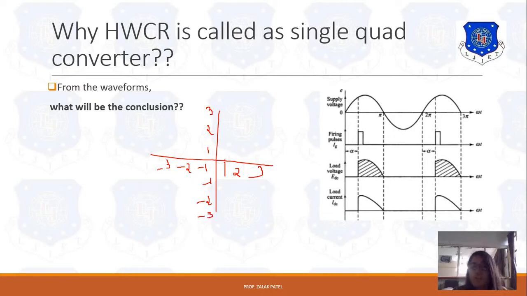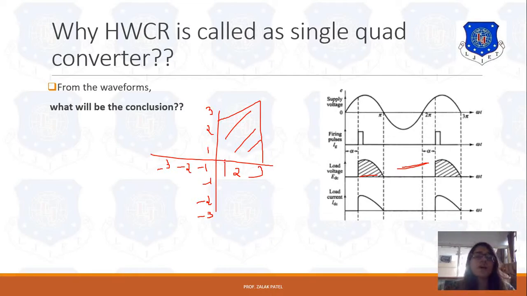So now here only positive and 0 value will be here. So it is possible only in this first quadrant. If we talk about the second quadrant, there will be some negative value present. If we talk about the third quadrant, both the values are negative. And if we talk about the fourth quadrant, again there will be some positive cycle and negative cycle